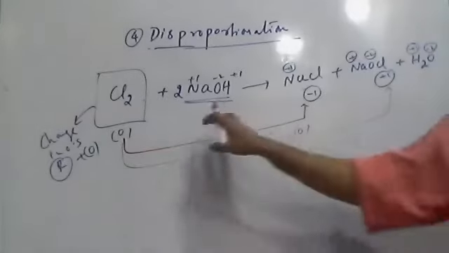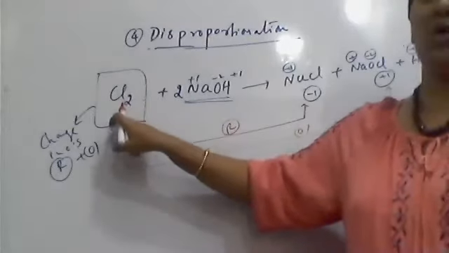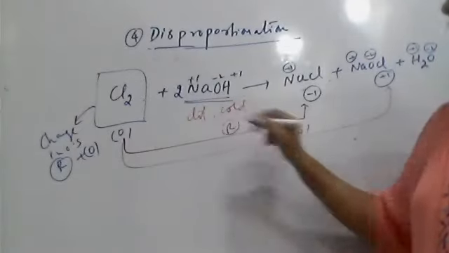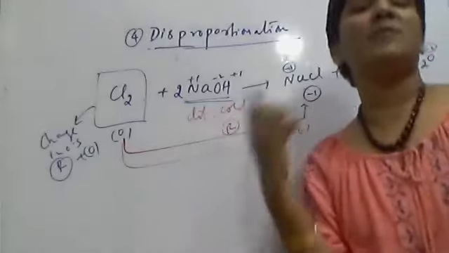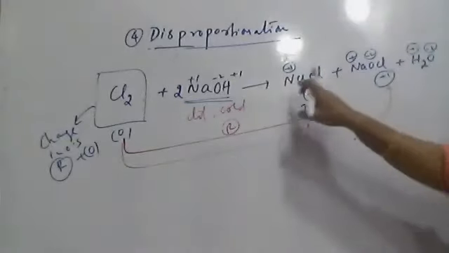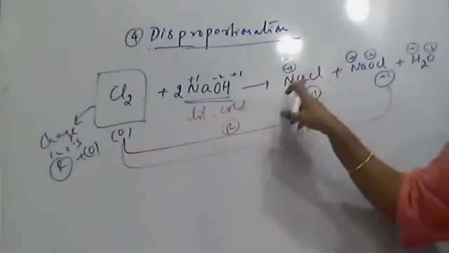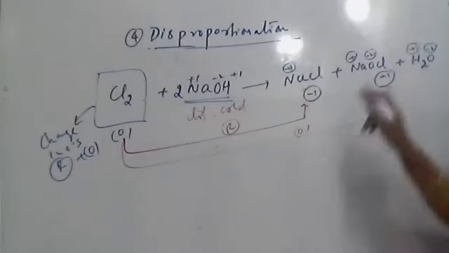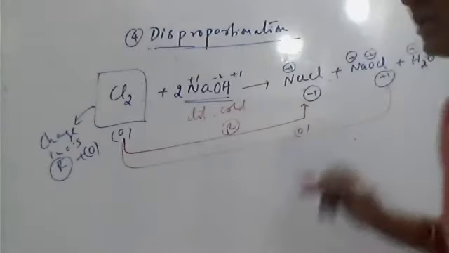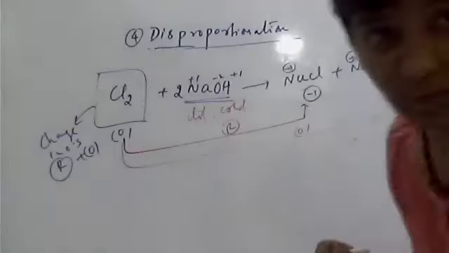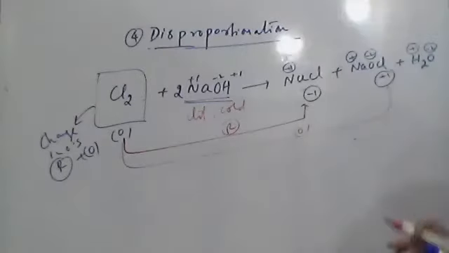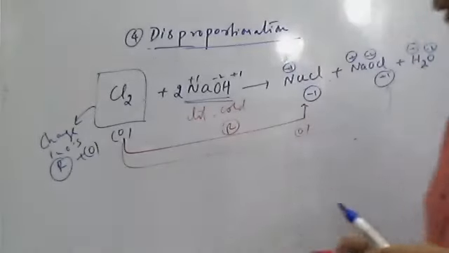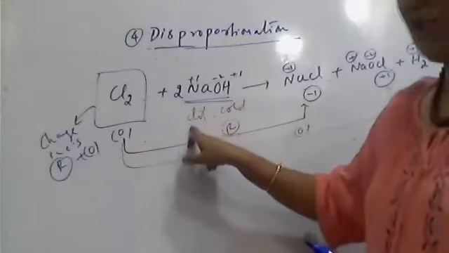So here this reaction is the disproportionation of chlorine in presence of dilute and cold NaOH, or you can see the same reaction in KOH also. In place of Na, you have to put potassium. So here this compound, yesterday we discussed, is OCl minus, hypochlorite. So this is sodium hypochlorite. Then next you can do the same reaction with the previous one.